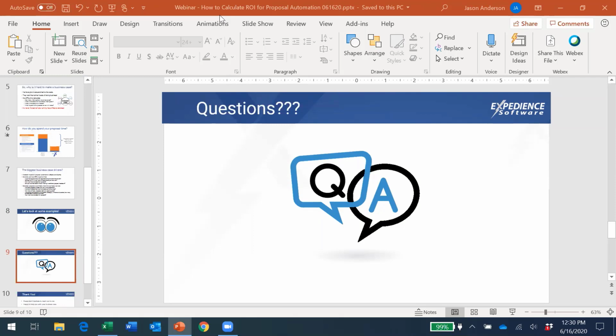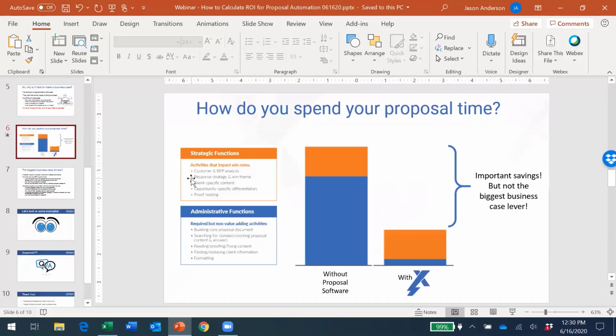Another question is around the impact of time. I don't know if I'm getting this question exactly right, and please feel free to correct me if I've got it wrong, but they're asking about, are there other return on investment impacts from just the time saved than just those hours? And the only thing I can think of right now is another angle. The other angle is this. So going back to this chart back over here, I've got the little Q&A panel in my way. I can't tell if I see this or not. There it is. So there is another arm here that this time savings does for us, which is